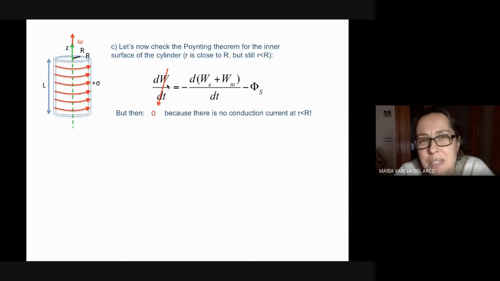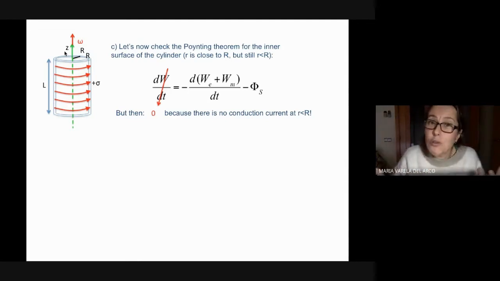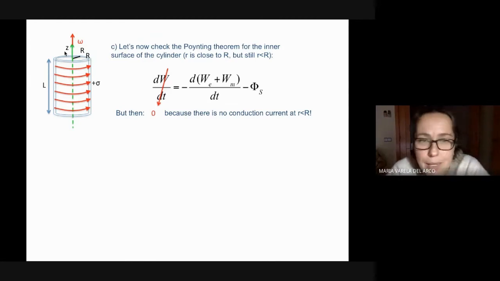Just think about it. This term is the integral of the current dot the electric field. But right inside the cylinder, we are in empty space. Inside but empty. There are no currents there. So if there is no conduction current on the surface of interest, there is no dissipated power because there is no Joule heating. Nobody's flowing with any sort of friction there. So that term goes to 0. Now we have to calculate then,